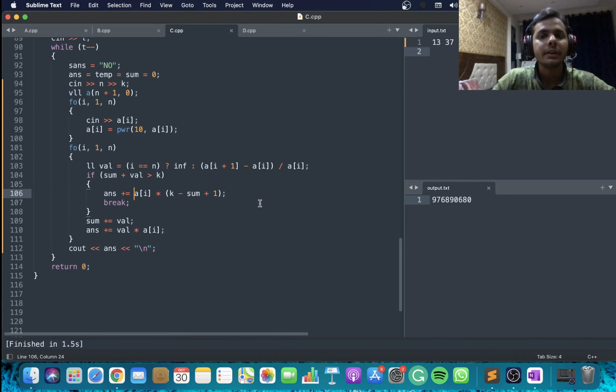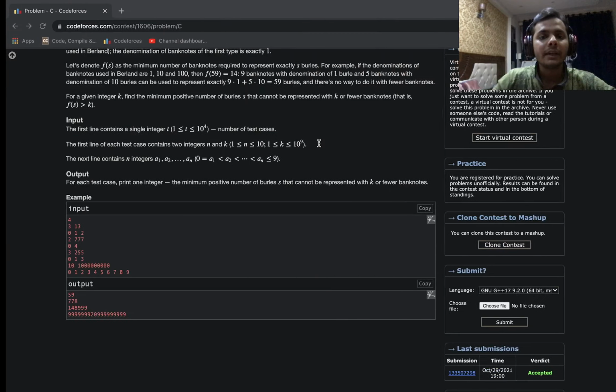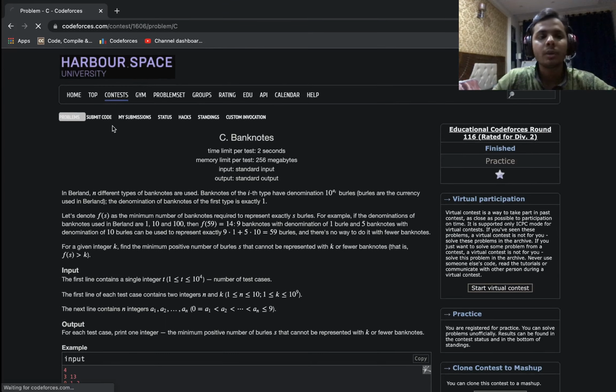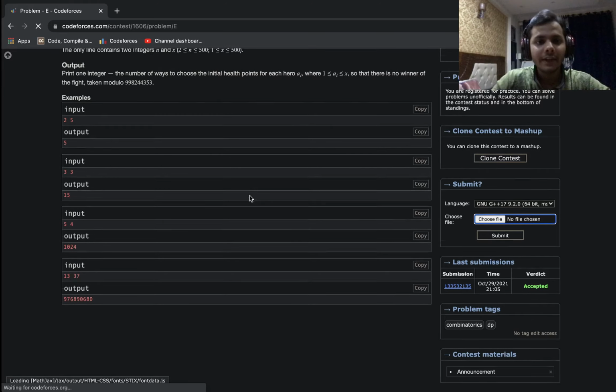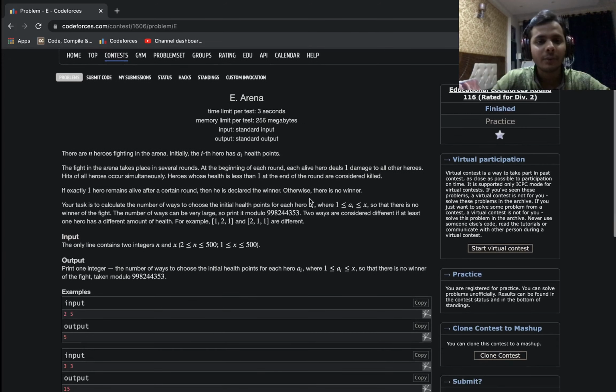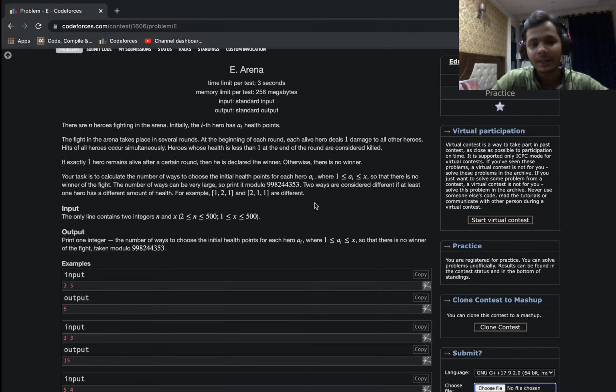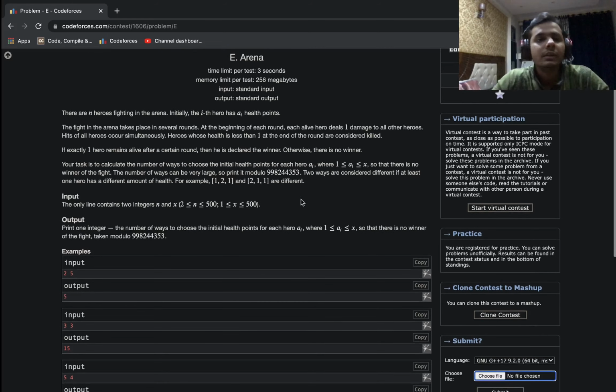So yeah, this concludes the solution to problem C. So moving on to the last problem that I'll be discussing today. This is problem E, and this is again a rather trickier one. I mean, if I had like 20 to 25 more minutes in the contest, there is a slight chance that I could have solved it, but I had already messed up a lot by then. So anyways, let's start with the solution and let's see what this problem is actually saying.